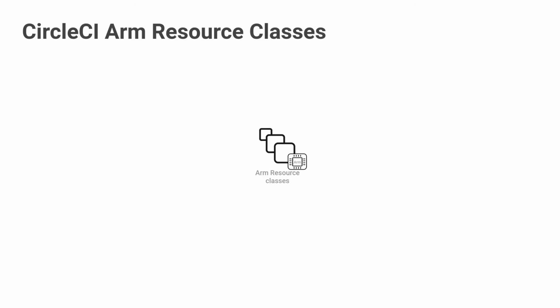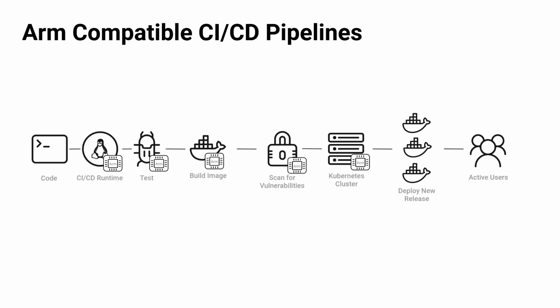So you can build your application for an x86 platform, or if you choose to, you can also build it for an ARM architecture. And the way we did that is by providing what we call resource classes, which again are ARM capable underlying hardware, right, where you're running your code. With the addition of the ARM resource classes, we're able to allow developers to compile their applications for ARM, right? And they also can build Docker images that support the ARM architecture. And that'll give a nice, clean ARM feel across the board.